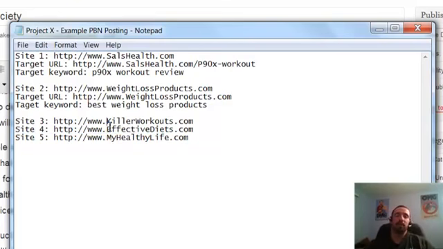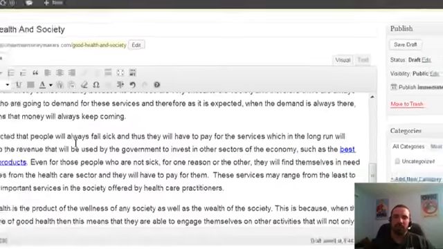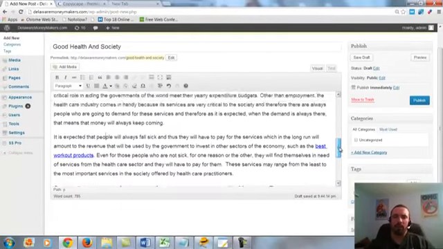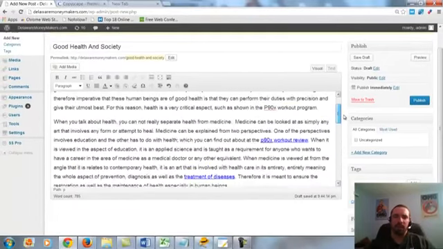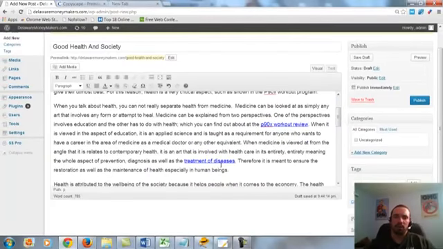So I keep mixing it up each time because I don't want a pattern. I don't want to link to site 1, site 2, site 1, site 2, site 1, site 2. You don't want the combination. You want to eliminate as many of those combinations as you can. You don't want to keep linking to the same 2 sites in the same post or from the same site over and over again. So I'm going to leave this one at 2 outbound links to money sites, and then we got 1 authority link.